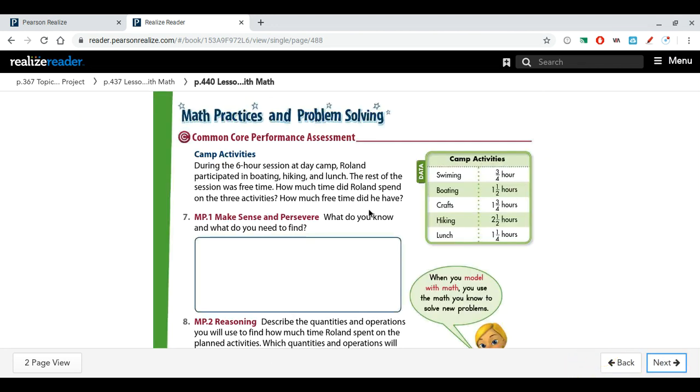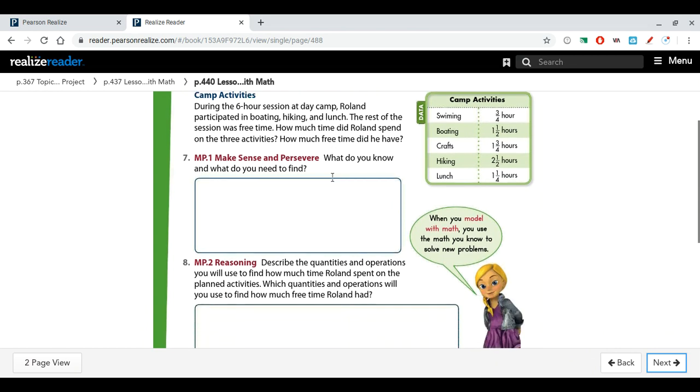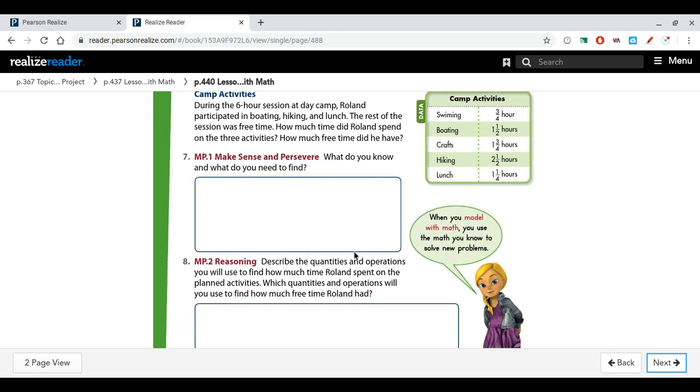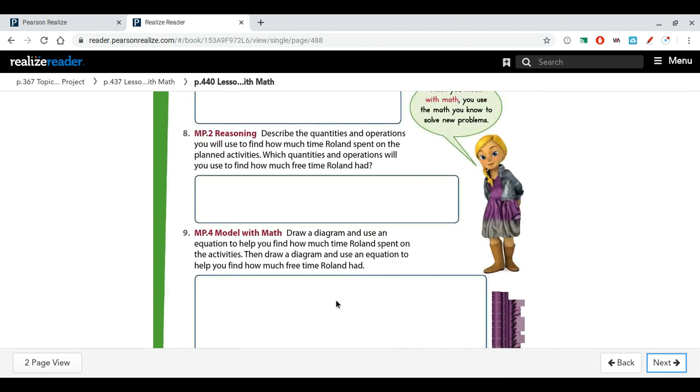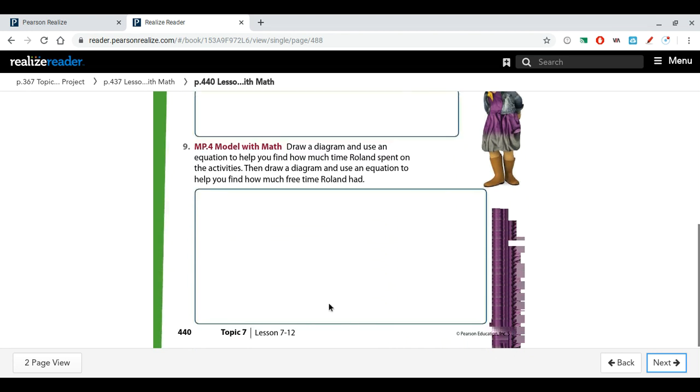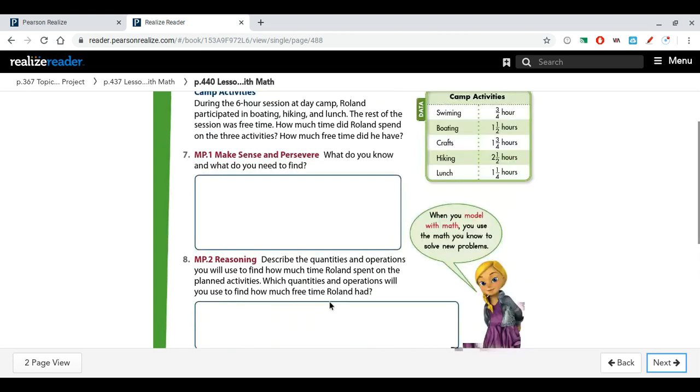And then you're going to do the same thing on the back side. You're going to talk about using that 4 square. What do you need to know and what do you need to find? Okay. What quantities and operations will you use to find how much free time Roland had? So you're going to tell me how you're going to solve this. And then you're going to draw a diagram, use the equation, and solve. So you're going to go ahead and do 4 through 9 on your independent